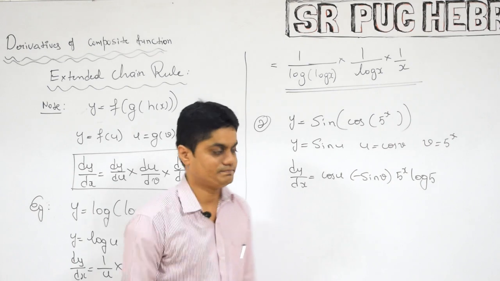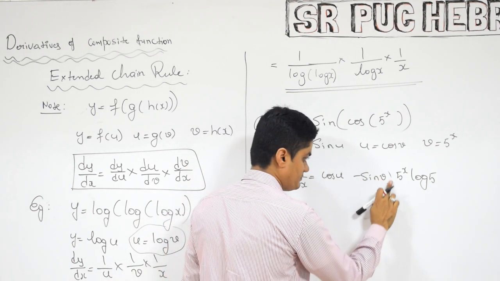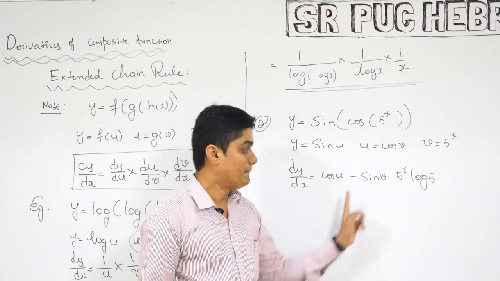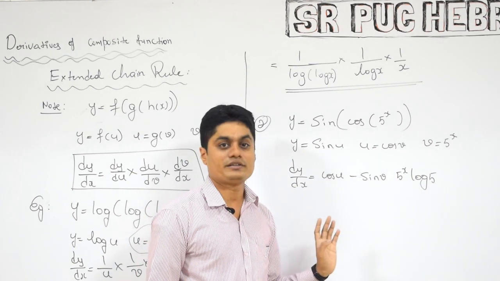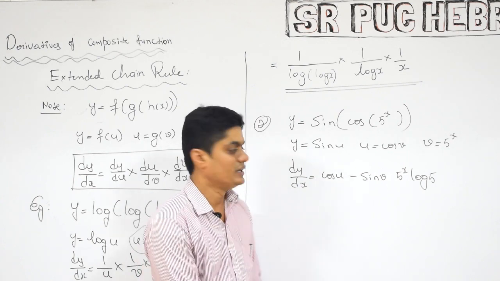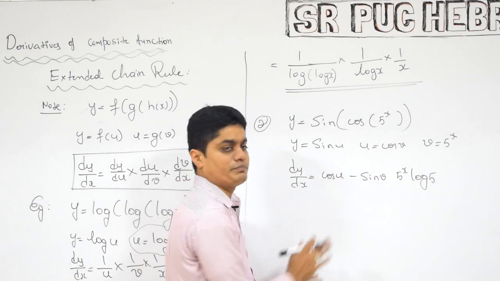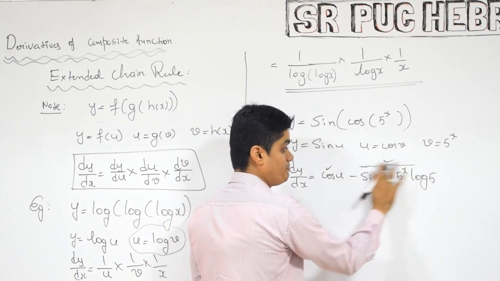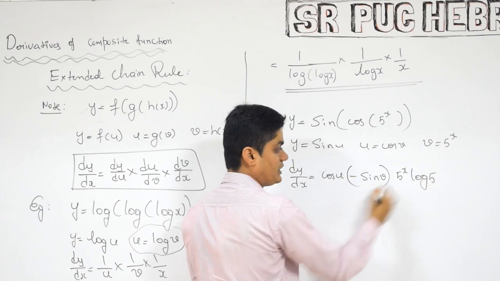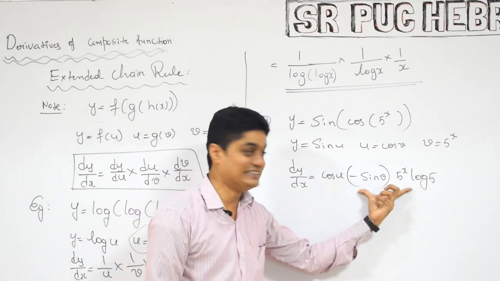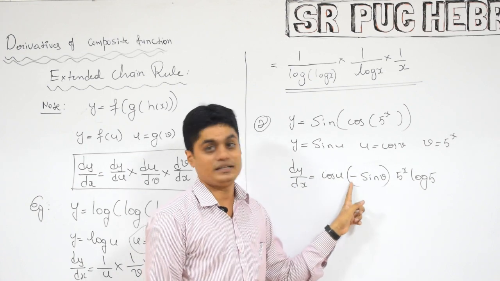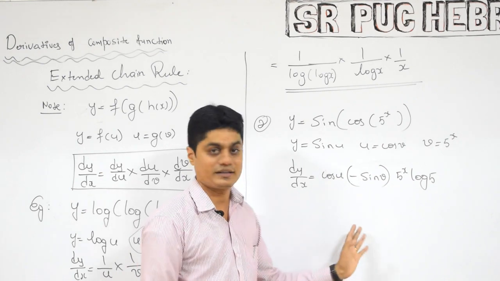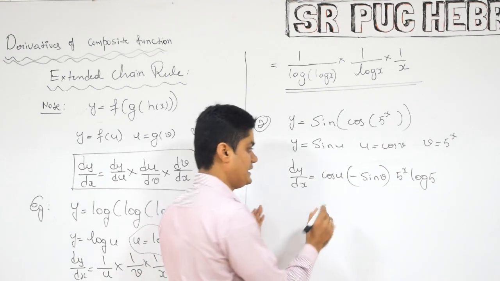Here you will make one mistake. You will not put this bracket. Now tell me how you will read this: cos u, minus sin v, into 5 power x into log 5. You will not come to know that you made a mistake. You wrote the differentiation directly without a bracket, but count how many terms there are. 1, and this is considered the second term. But if I put a bracket here, now count how many terms there are. It's a single term. Be careful. Whenever a minus comes, put a bracket. Otherwise, if you continue the same expression without a bracket, 0 marks. So be careful. Yes, differentiation is done.